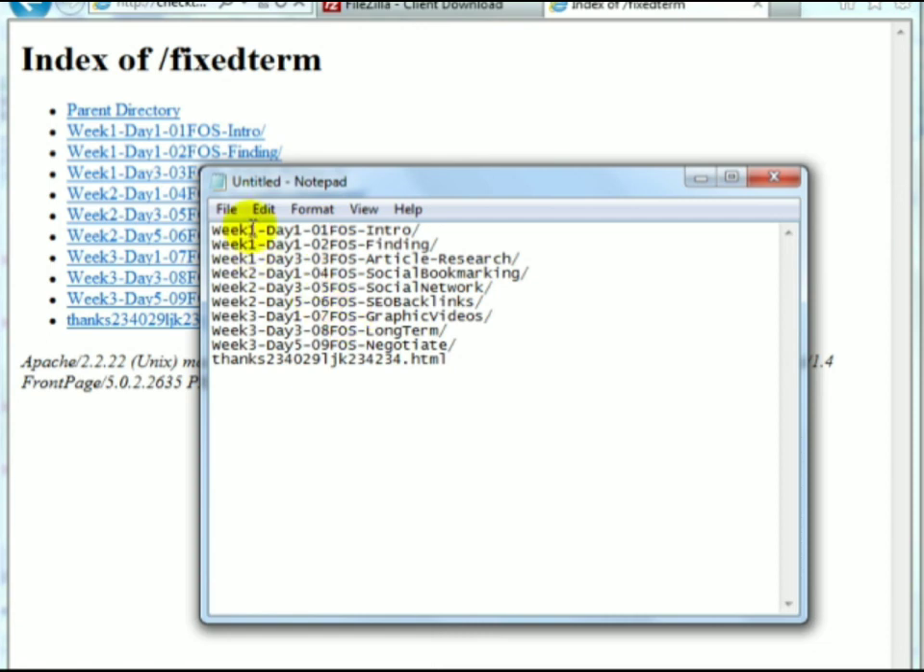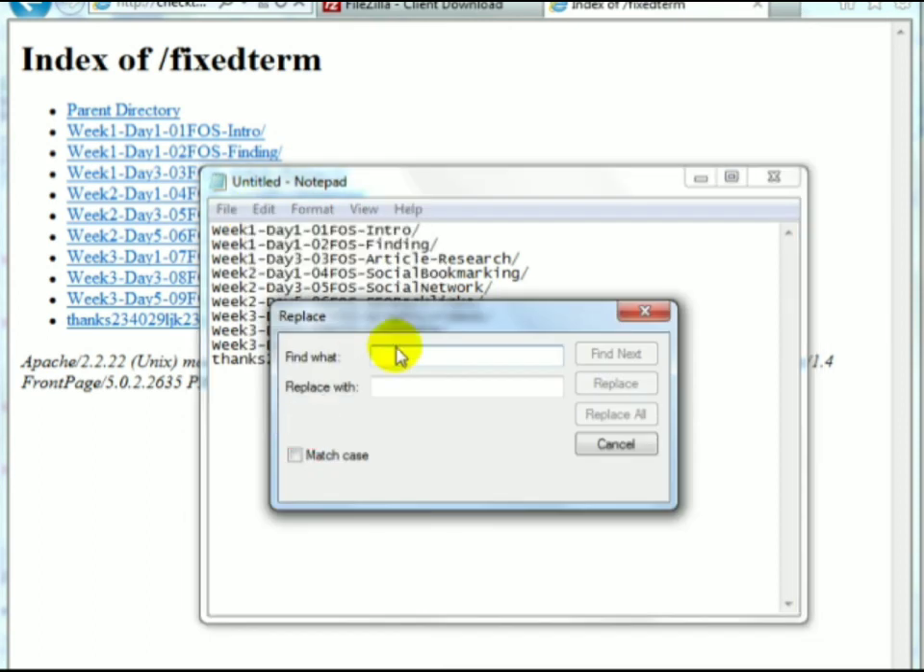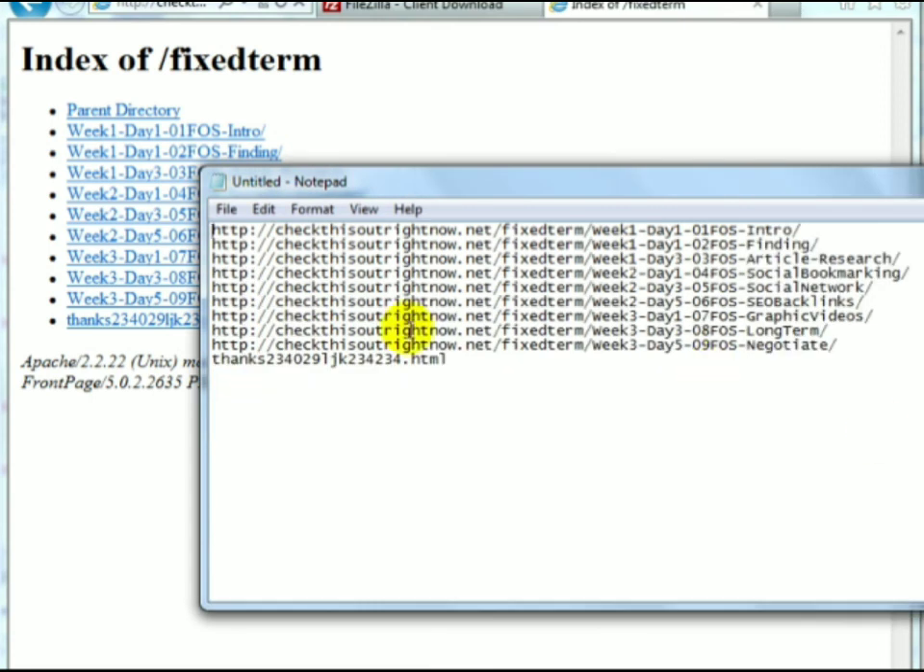For example, every one of these except for this one has the word week in the beginning. So what I can do up here is to go to replace week with this URL, and then I put week in here. So whatever you grab here that's similar to everything else, add it here. And then click on replace all. And as you can see here, I have the URLs for all of these links, except for this link,